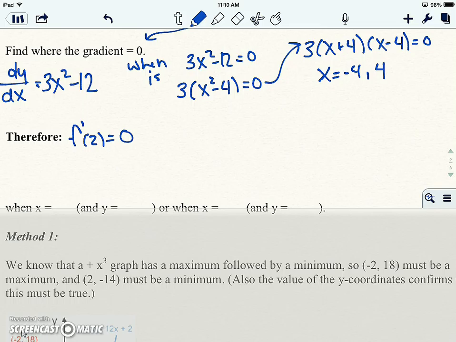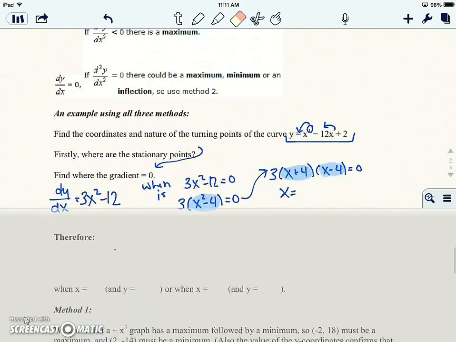So we're going to go ahead and plug in. I had to pause the video and look. I knew the answer was 2, but I couldn't figure out where I got it. Over here, when I factored this should have been x plus 2, x minus 2. So I'm going to